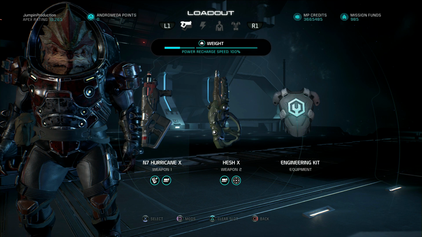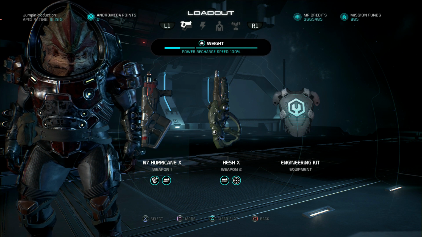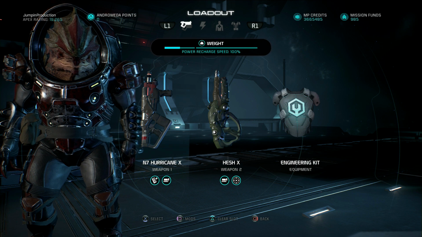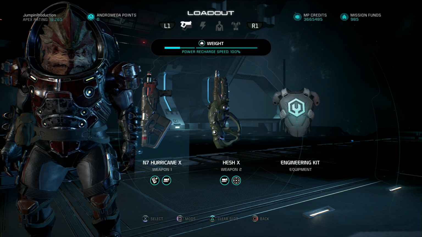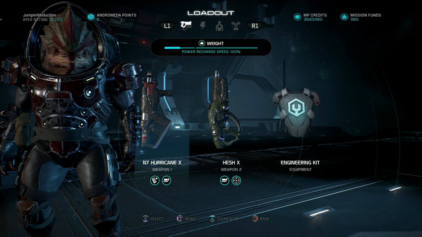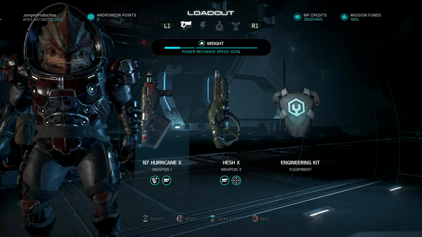Now I'm going to recommend two different types of weapon. One being a powerful weapon and one being a fast shooting weapon. So the Hurricane is an excellent choice for your faster firing weapon. If not though, the Equalizer or any assault rifle that can fire fast is a really good choice. Now for your more powerful gun, I definitely would recommend the Hesh. I think the Hesh is definitely one of the best shotguns in the entire game, and it works really well